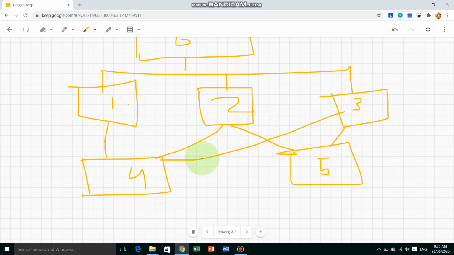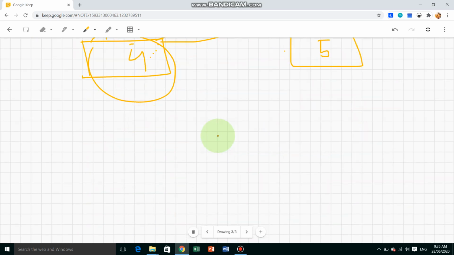So this is the network, where each table is connected to one another. Different tables in a network. You can access table number 2 and access the data from table number 4 as well as table number 5. Similarly, table number 3 can access the data from table number 4, table number 1, and also table number 2. So this table is in a network area. You can access all the table data from this table, or this table can access data from all these three tables. So this is our network model.